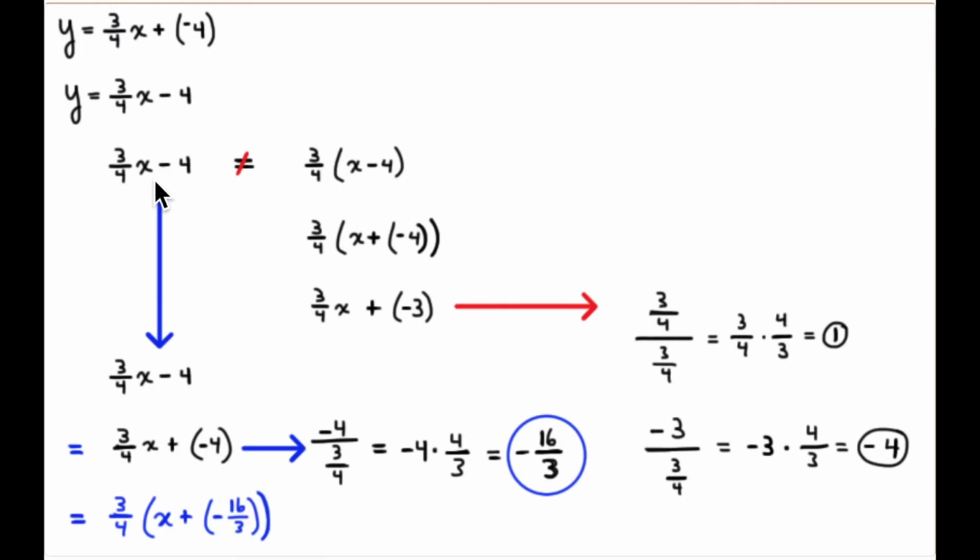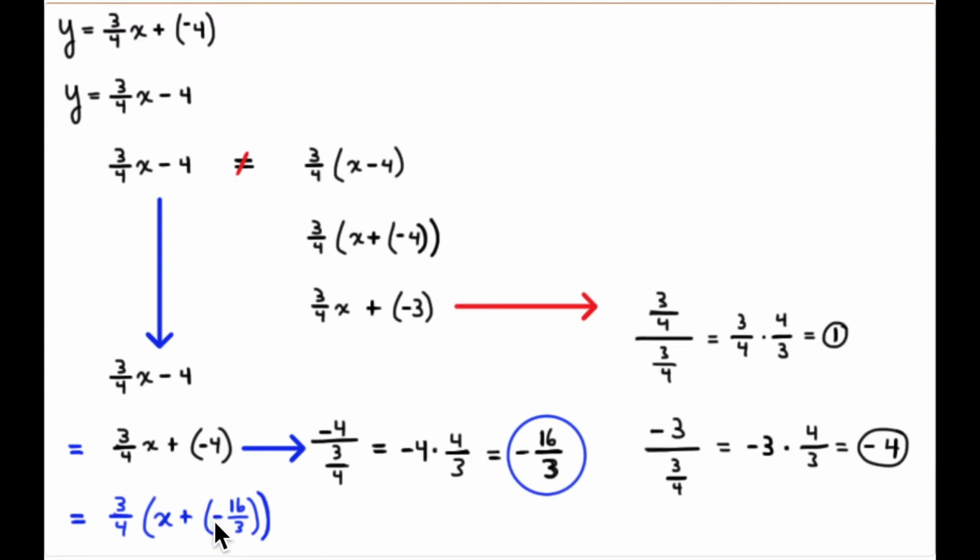All right, so what if we took this expression here and factored out 3/4? So rewrote this using the distributive property. I have 3/4 x plus a -4. I'm going to factor out 3/4 from both of these terms. Well, we just did 3/4 x divided by 3/4, which is 1. So that's this 1 right here. And so what about -4? What's -4 divided by 3/4? Well, -4 divided by 3/4, same as -4 times 4/3. That gives you a